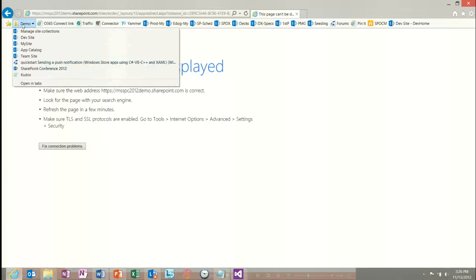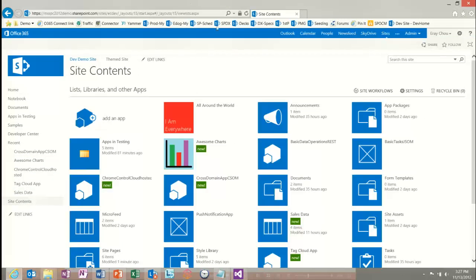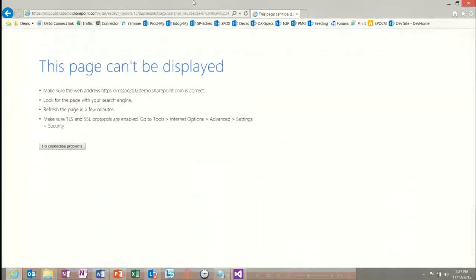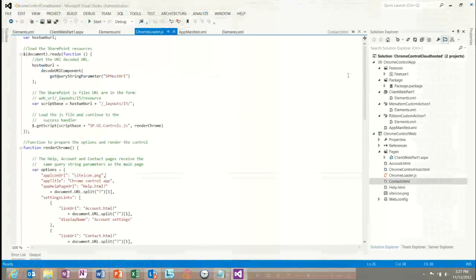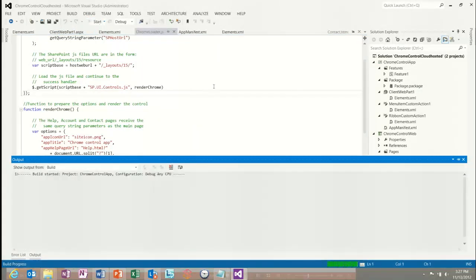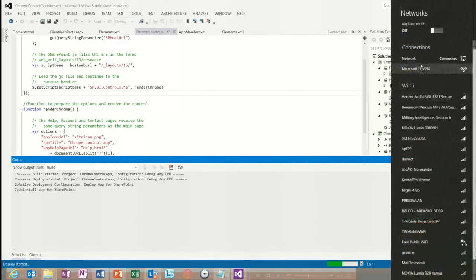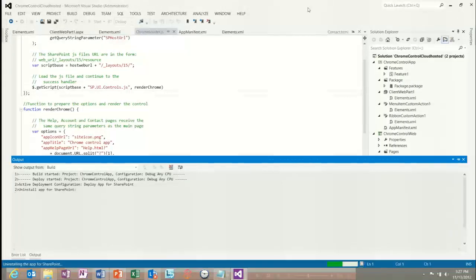Let me go back for a sec. Okay, let me go and do a quick redeploy just to make sure everything's working correctly. But just to kind of go through, basically there's a couple of specific pieces here around adding links, and let me go and start kicking that off. Let me check my network connectivity too. Okay, looks okay. Okay, well, while that's installing,